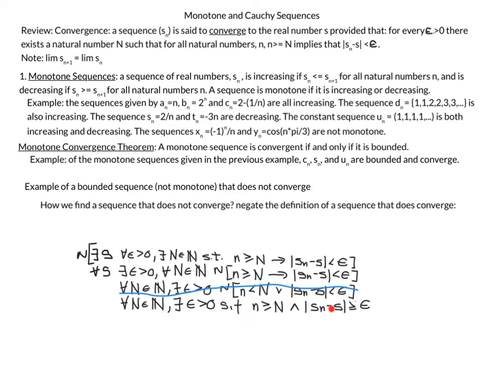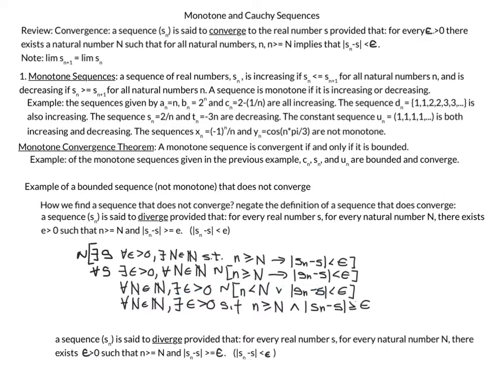So I ANDed it, and here's the negation of the conclusion. I flip the less than sign to greater than or equal to. So this is the negation of this definition of convergence. So anything that satisfies this diverges. So what we have is that a sequence diverges provided that for every real number s, for every natural number